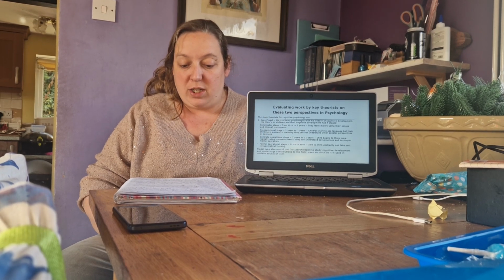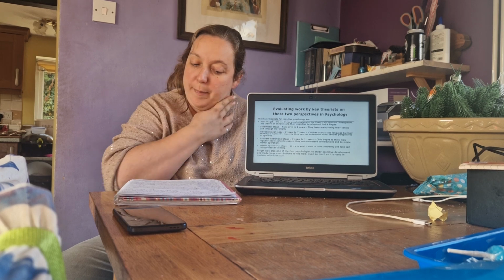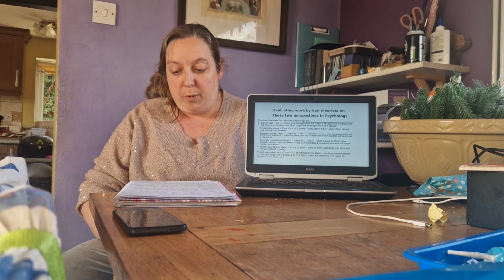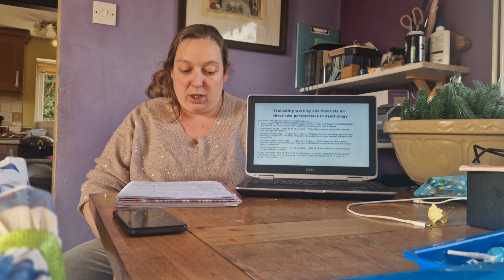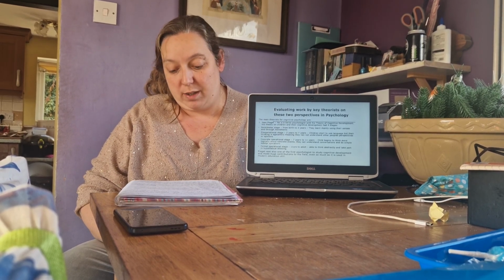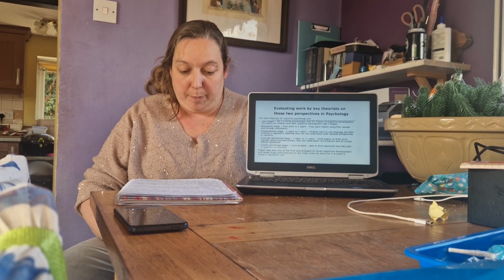The concrete operational stage, which is 7 years to 11, the child begins to think more logically about concrete events. They can understand conversations and do simple mental operations. And then the formal operational stage, which is 11 years old to adult, where you are able to think abstractly and take part in